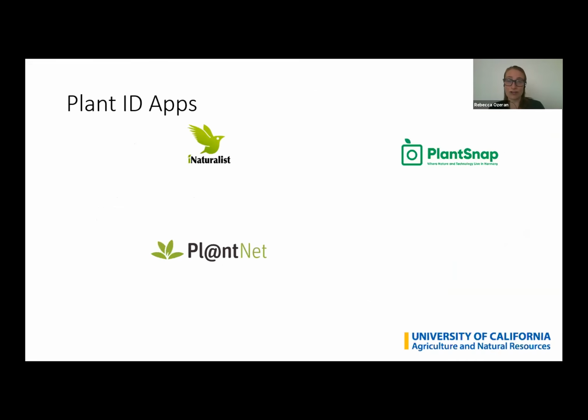So I'm going to start diving into 3 different plant apps that have had a lot of use recently. The 2 on the left here, iNaturalist and PlantNet, are based on global communities who can help to crowdsource the information to identify a plant for you. PlantSnap on the right side is actually based on computer algorithms that will compare a photo that you submit to an entire library of existing knowledge on certain plants,